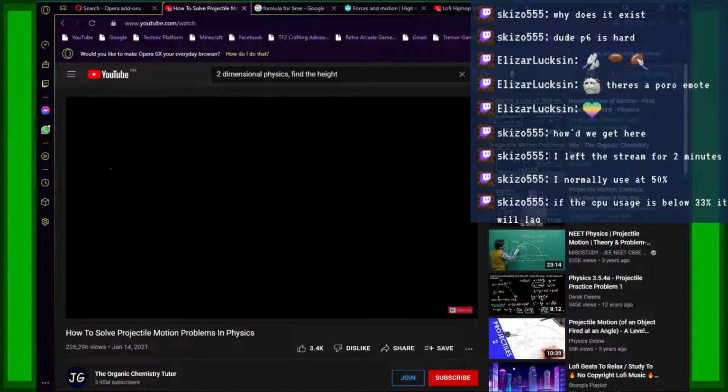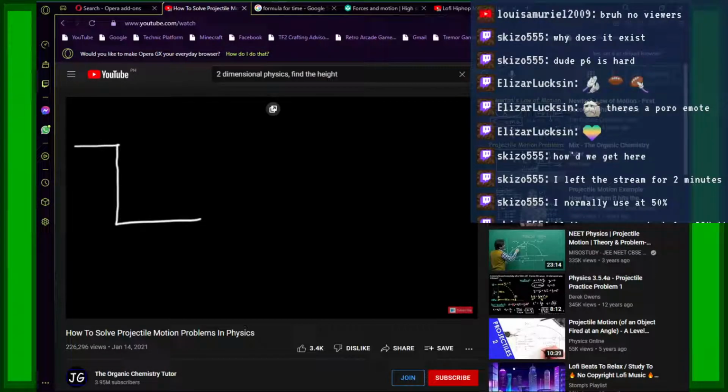Now there are 3 types of trajectories that you need to be familiar with. So here's the first one. Let's say we have a ball that rolls off a cliff and it falls down. H represents the height of the cliff. R is the range, which is the horizontal distance between the base of the cliff and where the ball lands. Now, because it's moving horizontally initially, the initial speed is Vx and not V. Well, V and Vx are the same, but the initial speed is Vx. At the top, whenever it's moving horizontally, Vy is equal to 0, as in the case of the other problem.